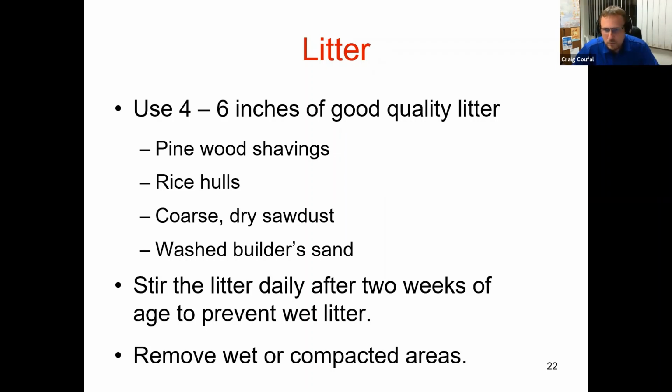Some people like rice hulls. I've heard some people complain that they don't like rice hulls from the standpoint that the birds might eat the rice hulls because they're a smaller particle. It's not going to hurt the birds, but you don't want the birds eating litter. You want the birds eating feed. So rice hulls might not be the best idea. Most people like wood shavings. You can use